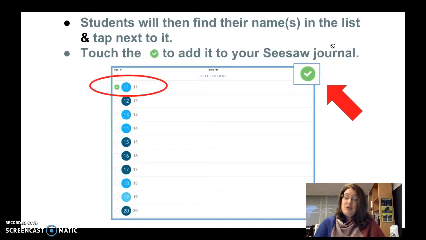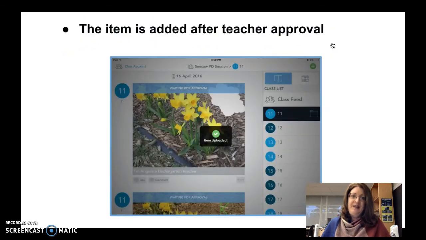In this particular screenshot, everyone had a number because it was for professional development and people didn't register in advance, so we just gave them numbers. But your class will have names there most likely. Students will find their name in the list and then touch next to it in order to add a check mark next to their name. If they worked in groups, they can actually go through the list and put a check mark next to every